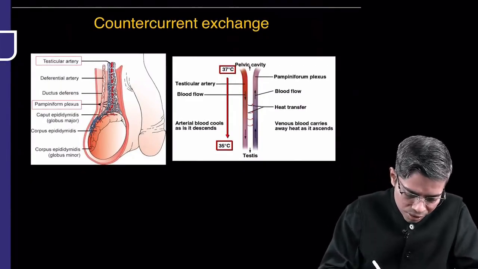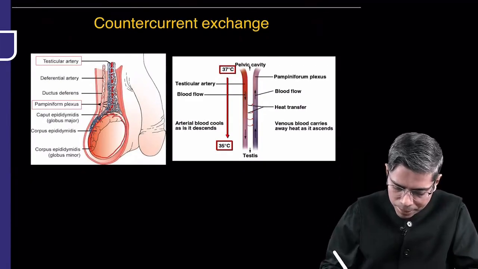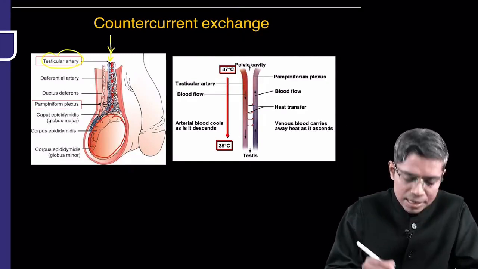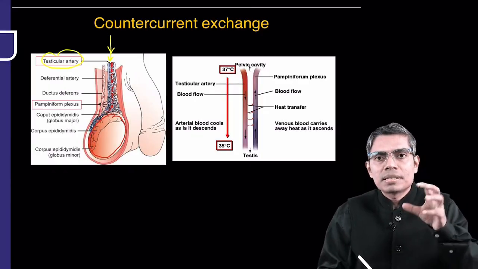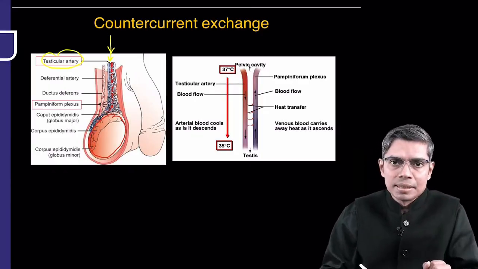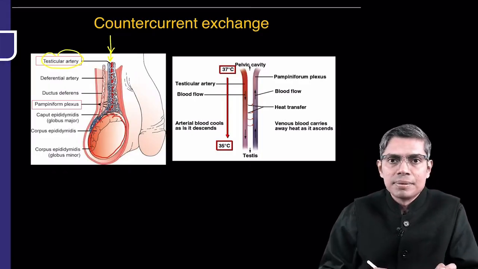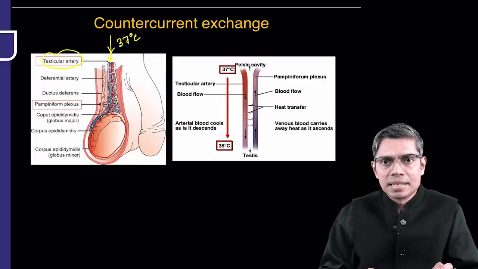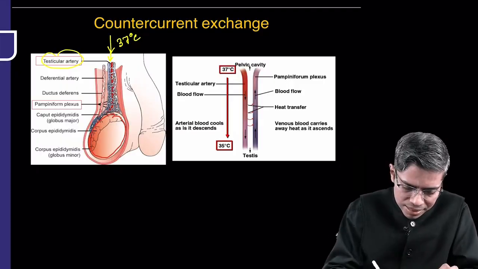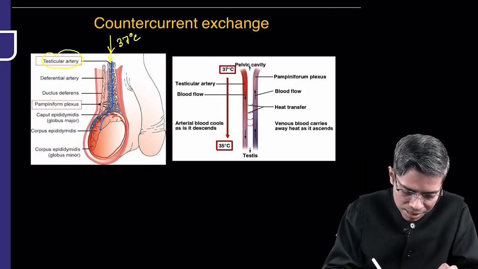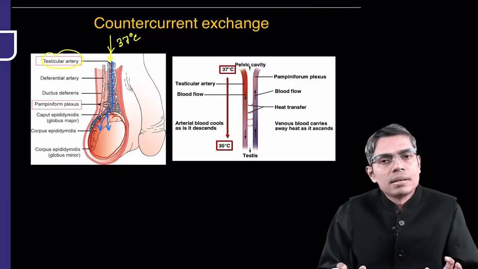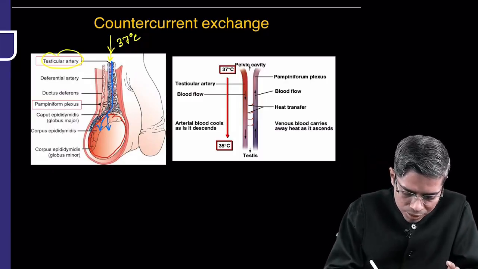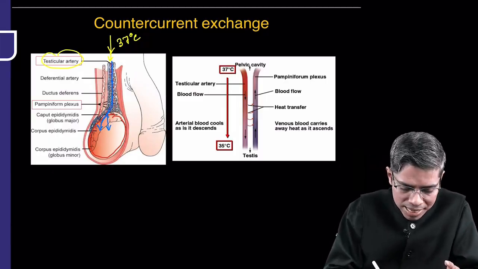So look, this is your testis. It is supplied by this testicular artery, which is coming from the abdominal cavity. Because it is bringing blood from the abdominal cavity, the temperature of this blood is very high, at the core body temperature, nearly equal to 37 degrees centigrade. Now if this blood directly entered the testis, it would cause a problem in sperm production. So whenever this blood is going towards the testis,